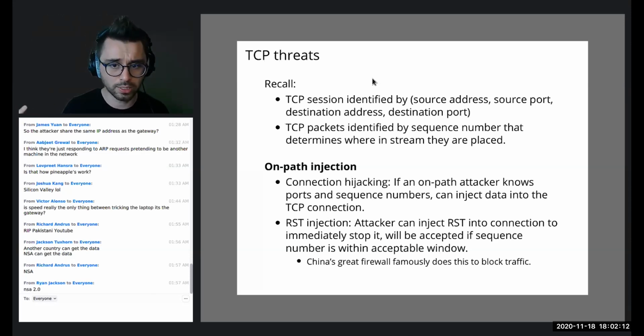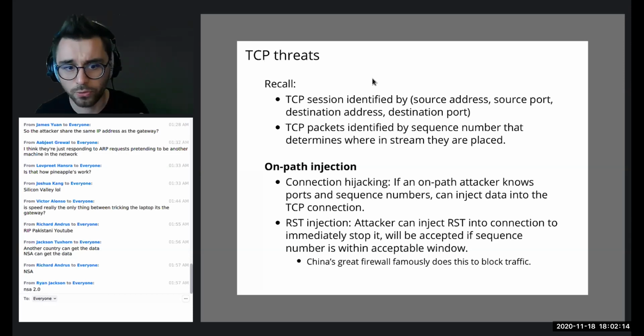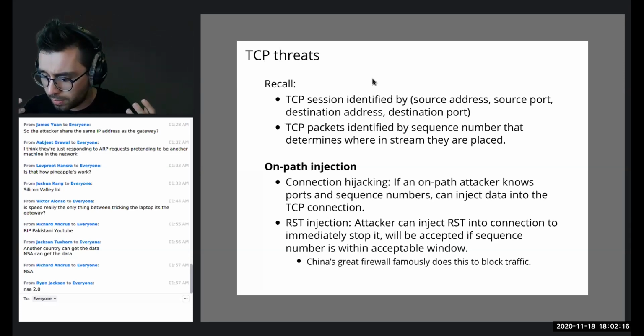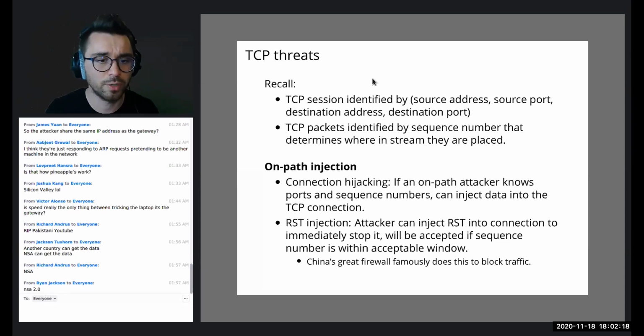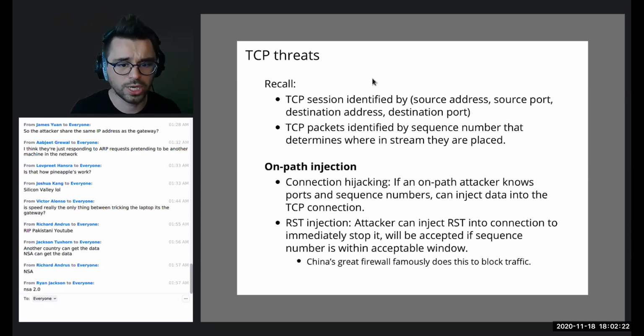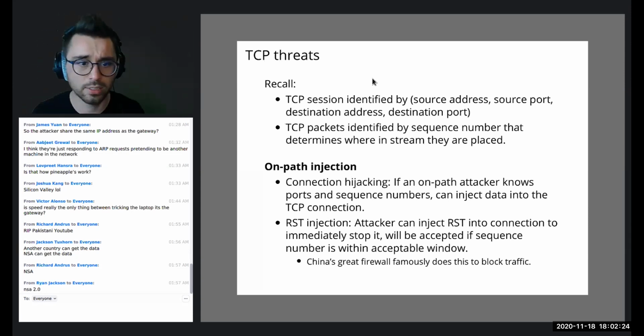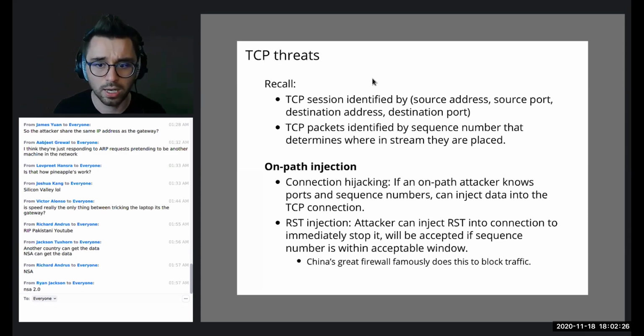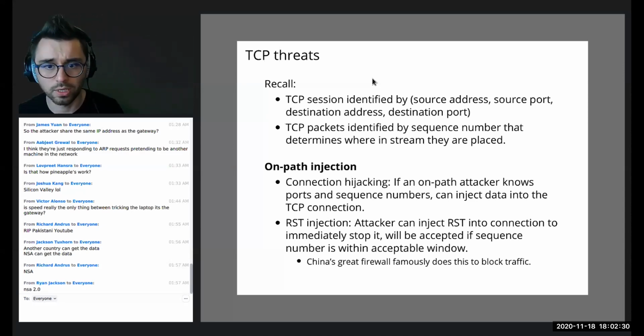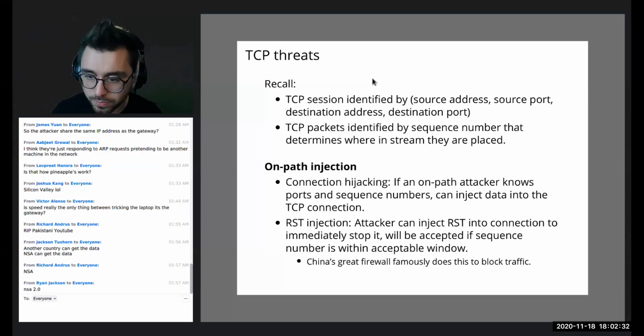Typically, these are websites, and this is how some censorship is actually performed, right? The Great Firewall of China injects reset packets into connections and ensures that you can't access certain particular websites from within China.